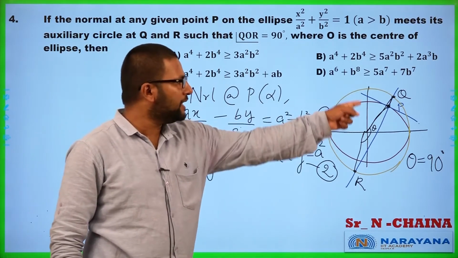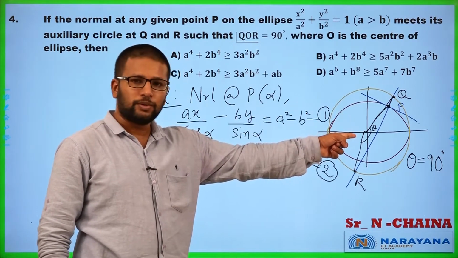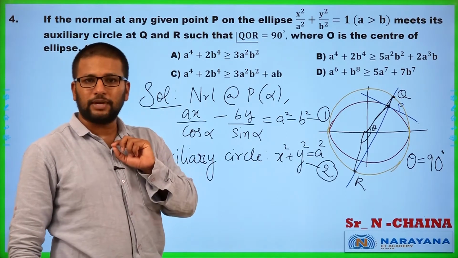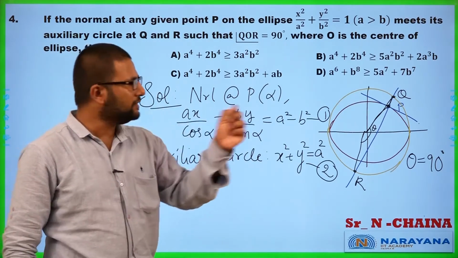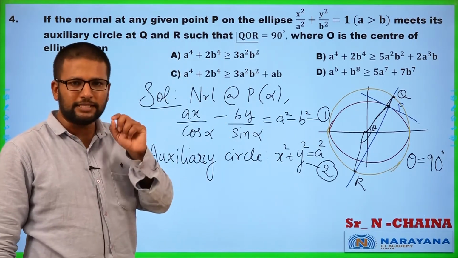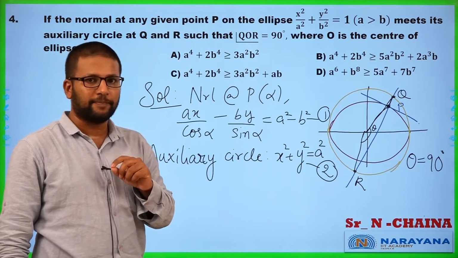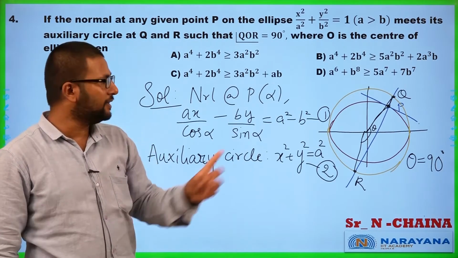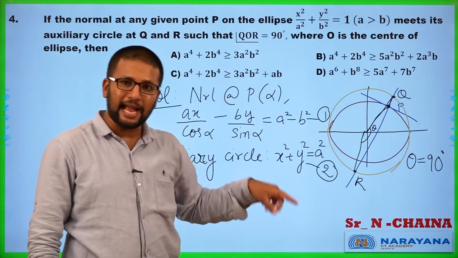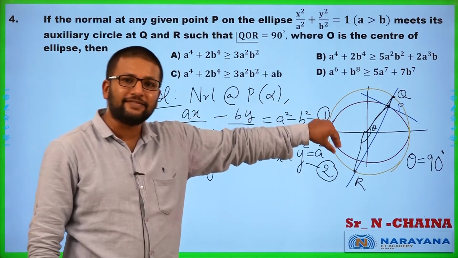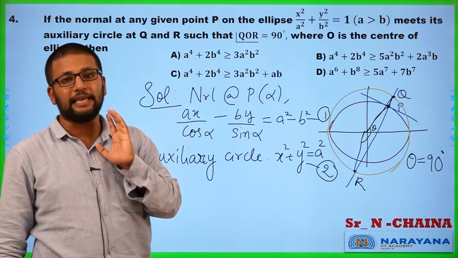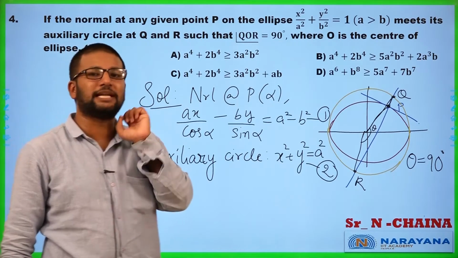Q and R are connected with the origin, and the angle between those two lines is given. Have you seen this situation occur somewhere else earlier? Think about that. This situation, actually you have seen it before. This is a situation where a 2D curve is being intersected by a straight line and the points of intersection are connected with the origin. That happens when you are homogenizing a curve. Yes, so this is actually a question of homogenization.